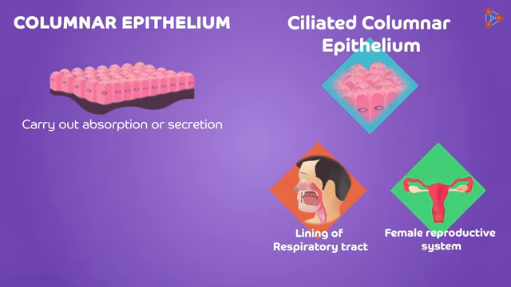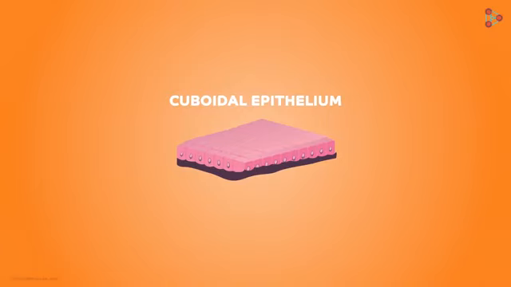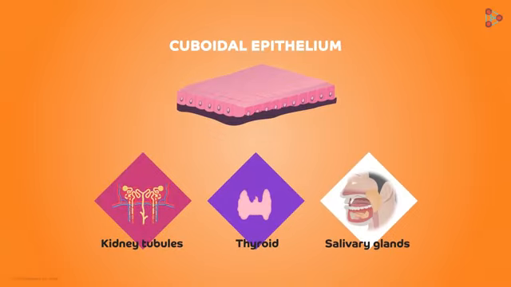Another location is in the fallopian tubes of the female reproductive system, where the cilia help to propel the ovum in the forward direction. Now these columnar cells are definitely doing their job well, but at times, some substances aggressively pass through small channels which are lined by these epithelial cells. So then, along with absorption and secretion, we need support too. Here the cuboidal epithelial cells come to our rescue. These cuboidal cells are found lining the kidney tubules, in the thyroid, and also in the ducts of the salivary